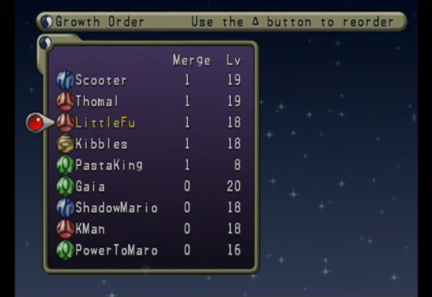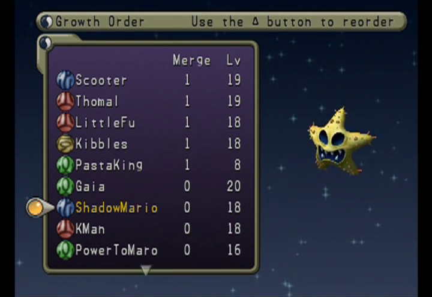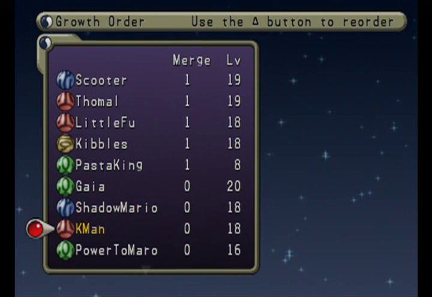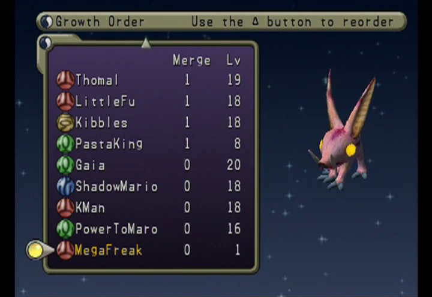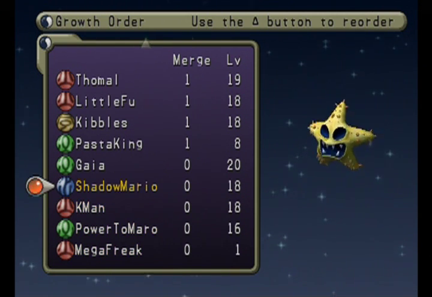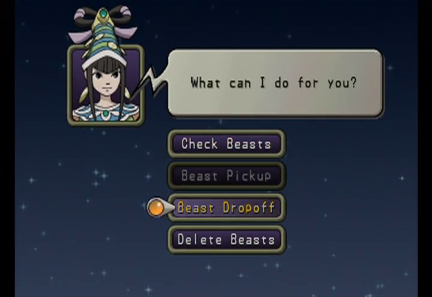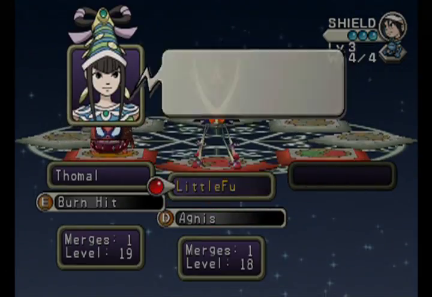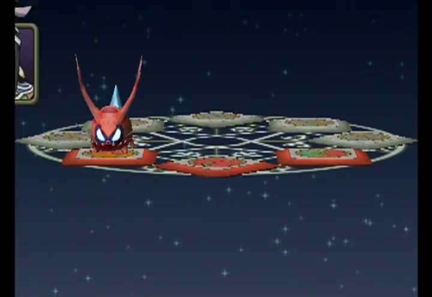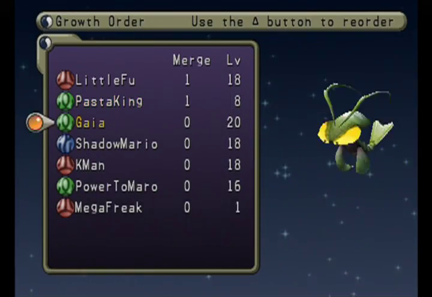In terms of my other guys as well, Gaia definitely needs to get merged. I can wait to merge Shadow Mario until later. Power to Mario I might want, and actually I don't really have much intention to use them. I might do some of these merges, but you can wait. You need to get merged right now, so we'll be doing that as well. So let's go ahead and get a couple merges out of the way. We'll be ending this episode quite shortly, but until then,